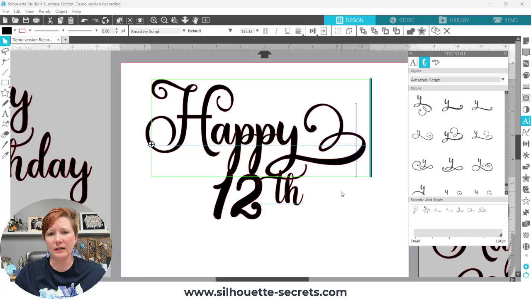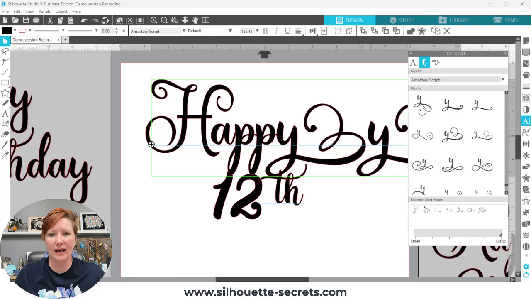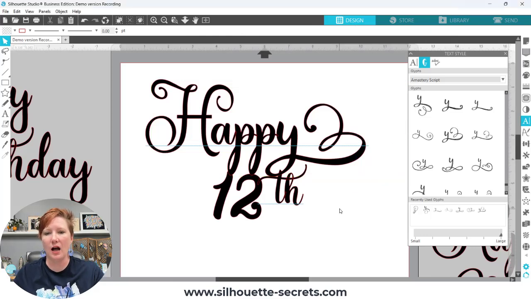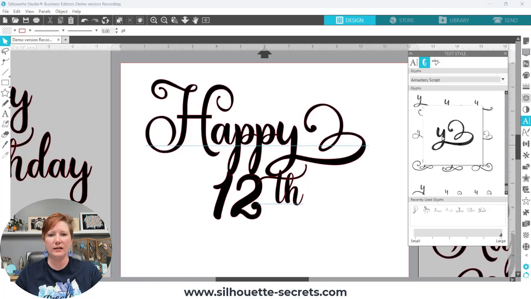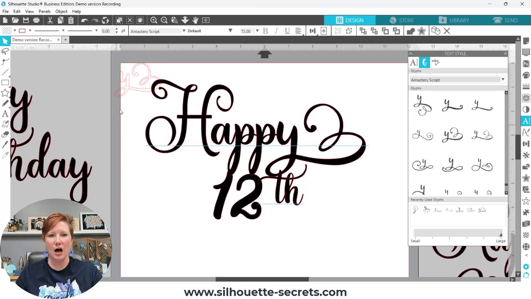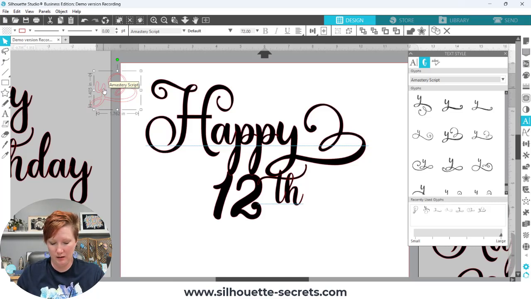When it's in editable text mode, this is when you can click on it and it will replace the letter. Or if I click on it again, it's going to add that letter. If you are not in the text and you want to select one, if you double click on it, it's going to add it to the top left of your design area, and it is not filled with color. So there are sometimes I will work with glyphs individually, especially when you're working with things like